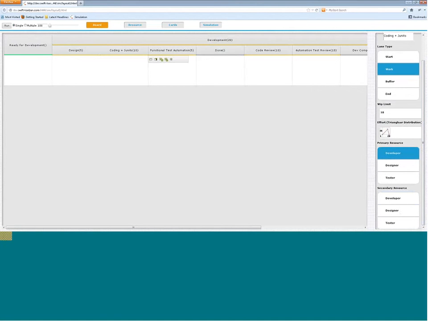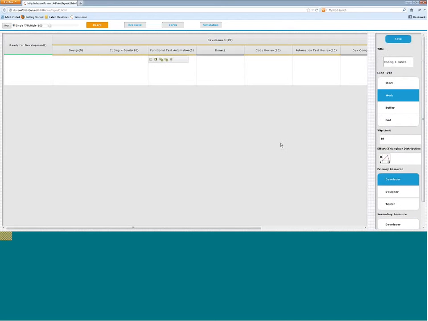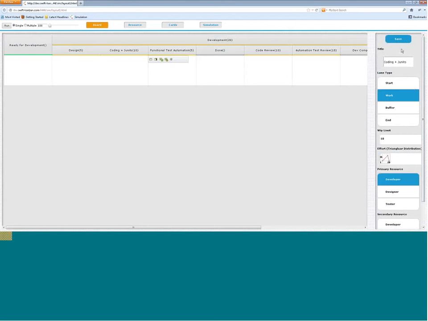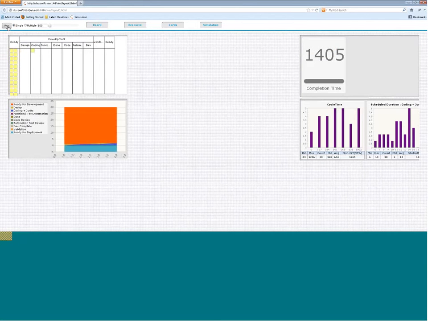If a designer is available, then in my coding lane I will allow the designer also to do development. So I save that, and I do a similar run, and I would expect that the 1800 time units, as you can see, comes down to 1400 time units, right?